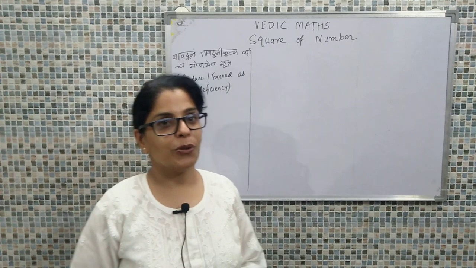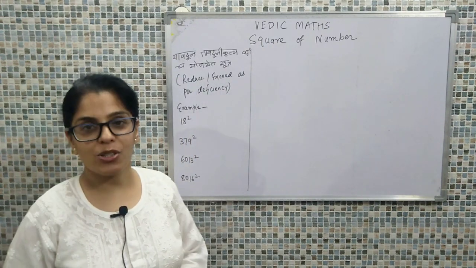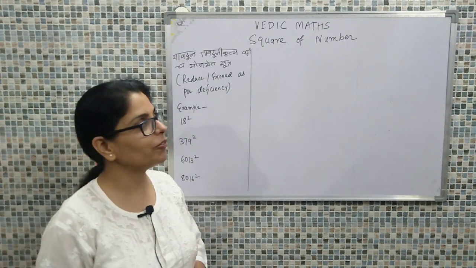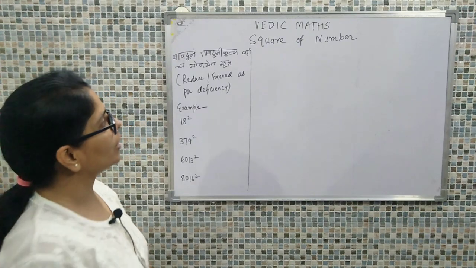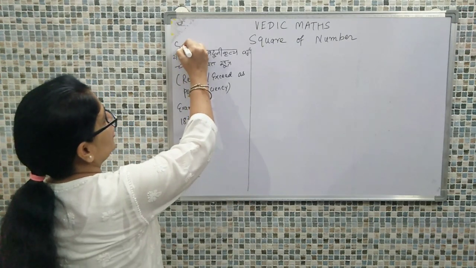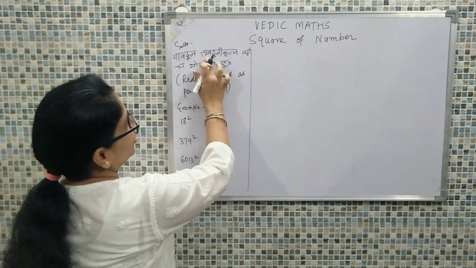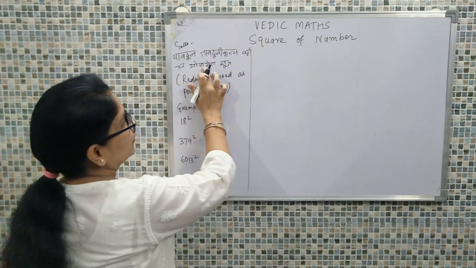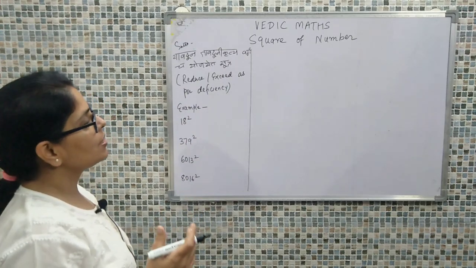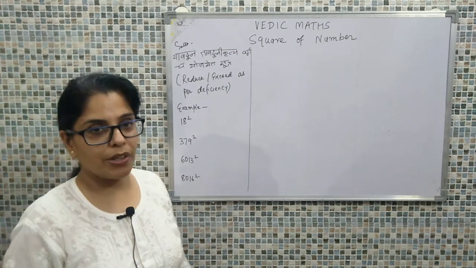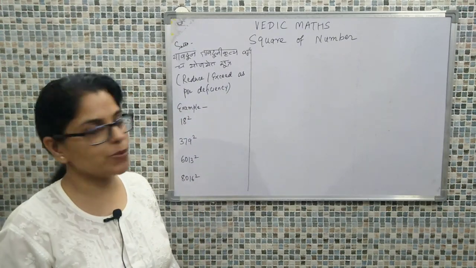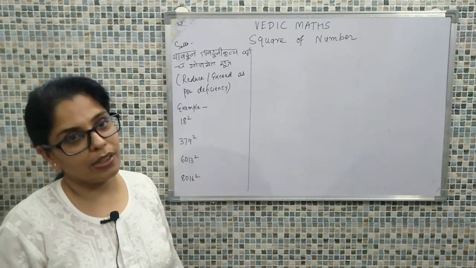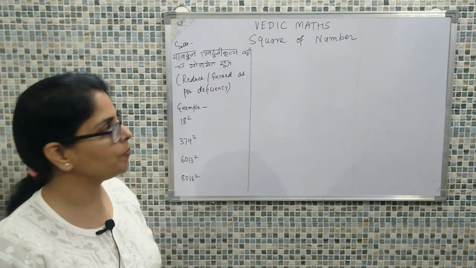Hello viewers, today we will be talking about calculating the square of a number using the concept of Vedic maths. The sutra that will be used in this discussion is Yavadunam Tavaduni Kritya Vargacha Yojiyat Sutra, which means that as per the deficiency we have to further reduce it or exceed it, and then we need to calculate the square.